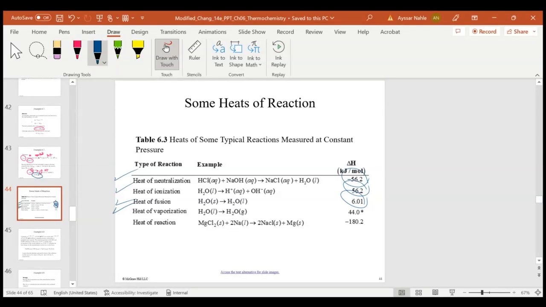Heat of vaporization. Vaporization means I have liquid water and I want to evaporate it. How can I evaporate it? I have to give it a lot of heat, because every molecule of water should absorb the heat. There is a pressure above it, the air pushing down. If I am pushing down on something and I want my fist to go up, I have to give it a lot of energy to push out any obstacles. By pushing up, the amount of energy needed to evaporate the water will be very high